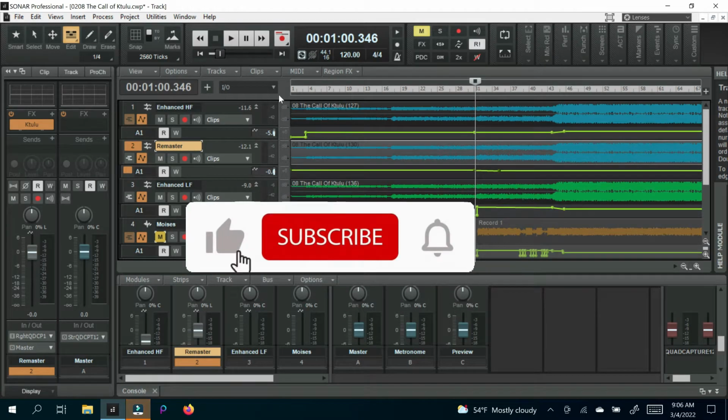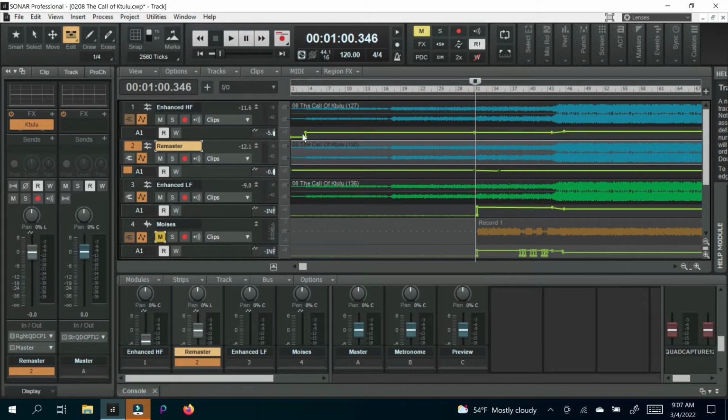So now that the equalizers have been discussed, we can move forward on the automation and what I did and why I did it. Right here, you can see I cut off the wind on the enhanced HF. All you got was the wispy, crispy stuff. You don't want that. Didn't sound good. Right here, this is what it was going to sound like until I added Moises to it. I was pretty proud of this, believe it or not.